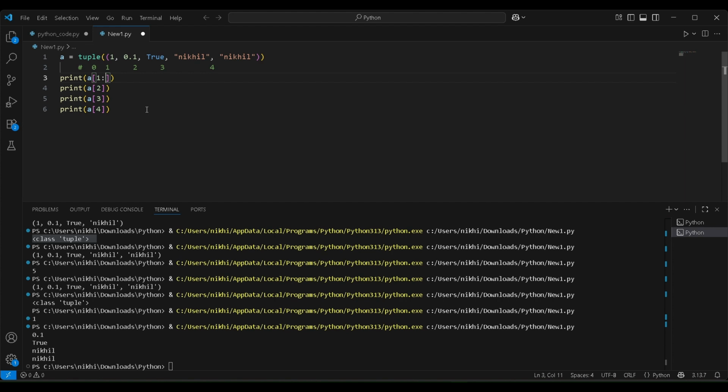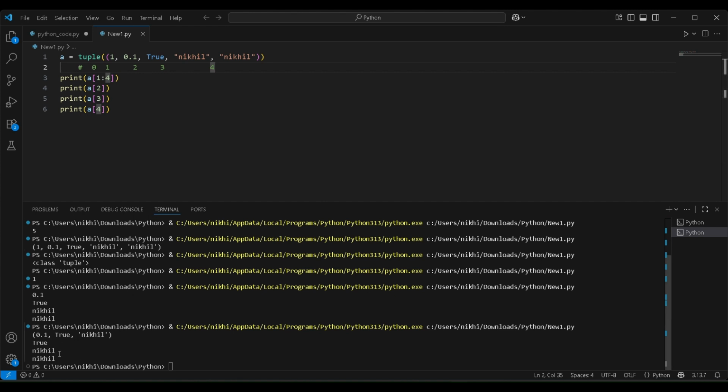You have to go 1 2 3 4. 4 is the last, so you have to go up to 4, because the end index 4 is excluded, so it will exclude the element at 4 that is Nikhil. It will give the output 0.1 and true. When I run this,